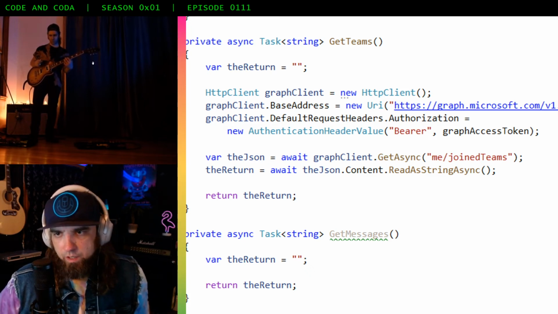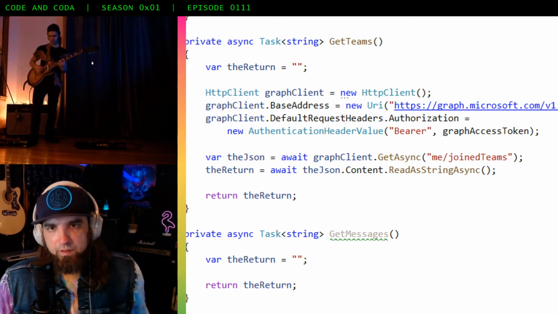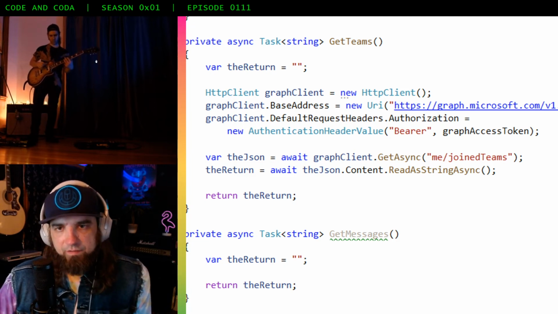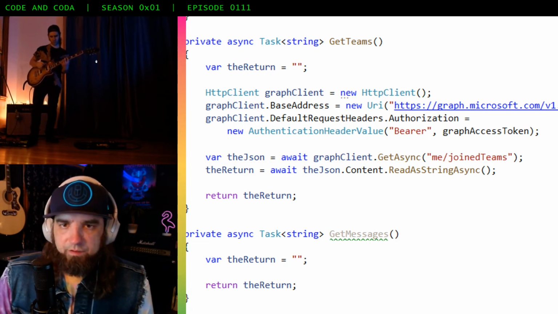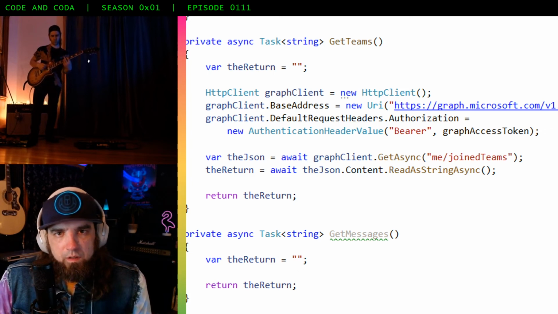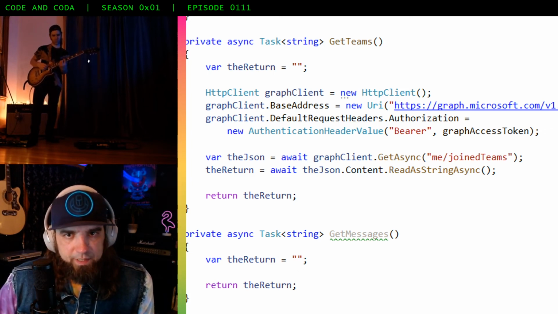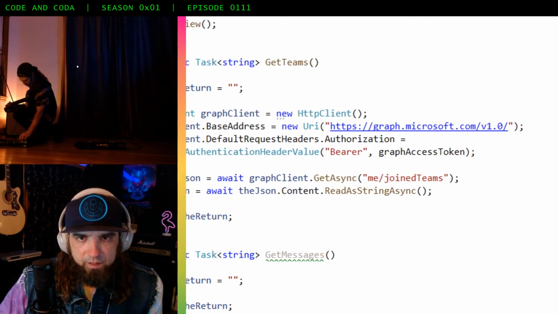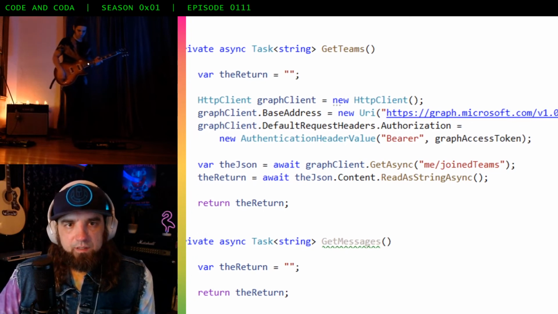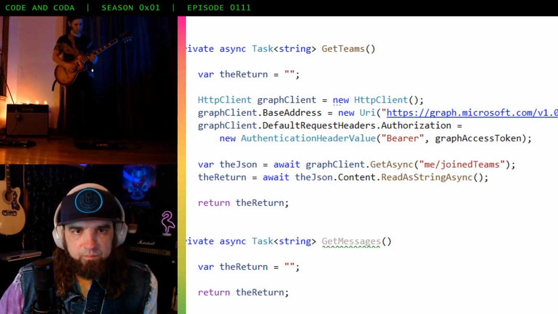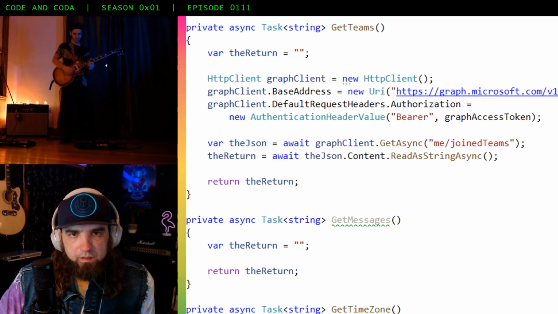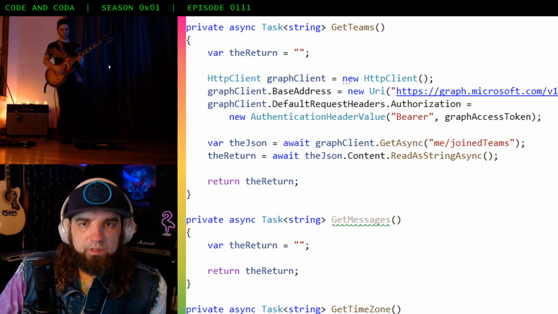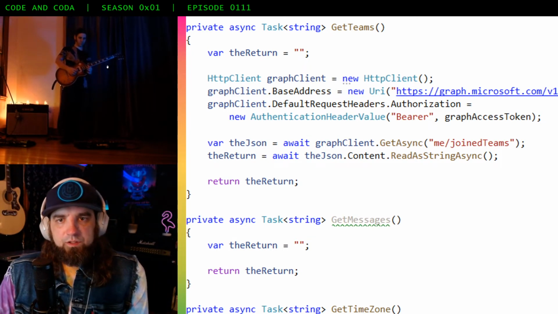We're adding a bearer token, and the token that we're adding is the graph access token that we retrieved from the request. So this HTTP client object, we pass it the graph URL and an access token, which is basically a current password. And then we say, get the endpoint called me/joinedTeams.